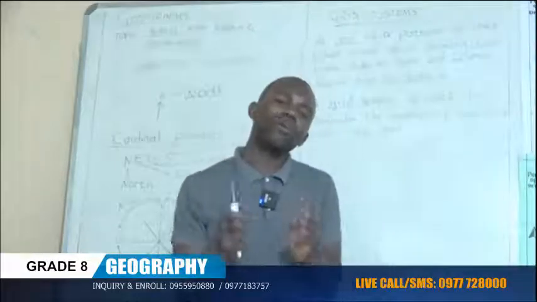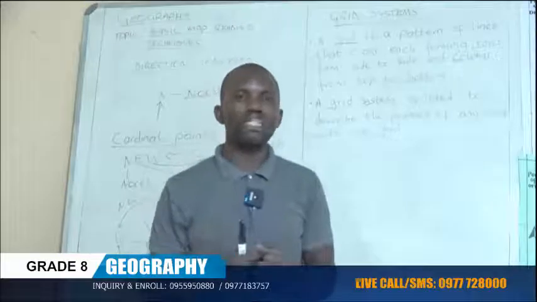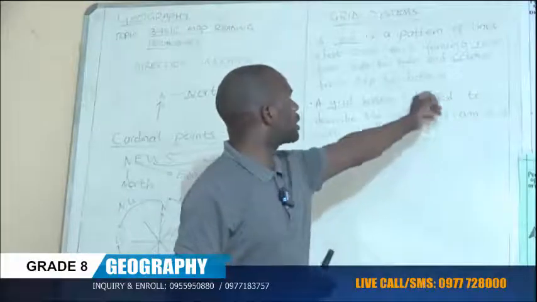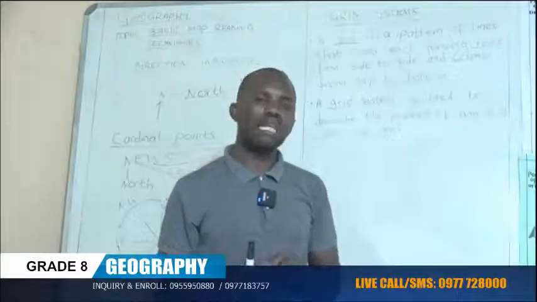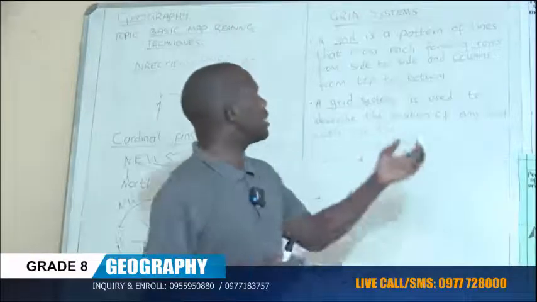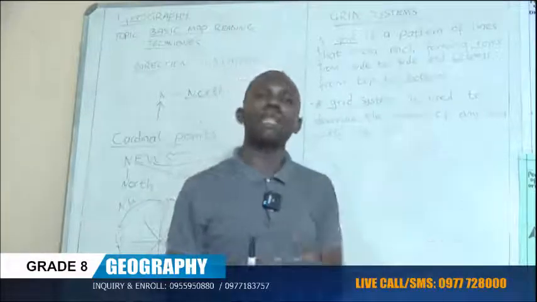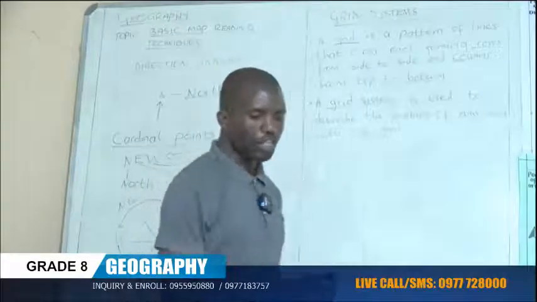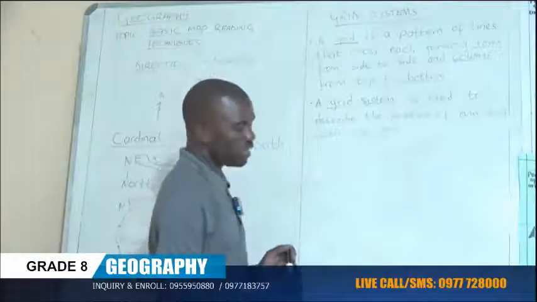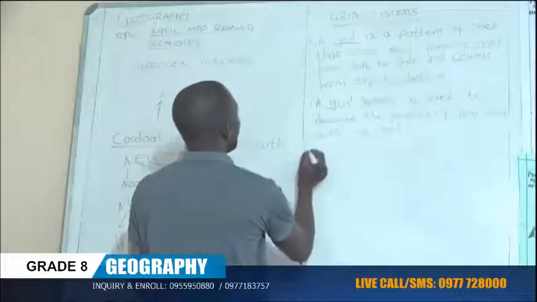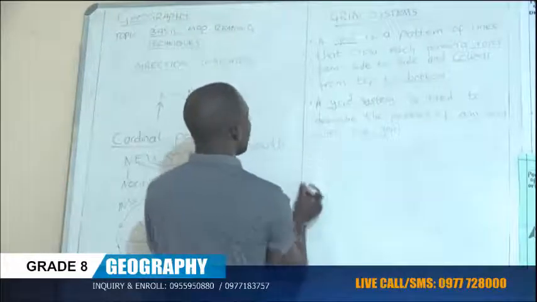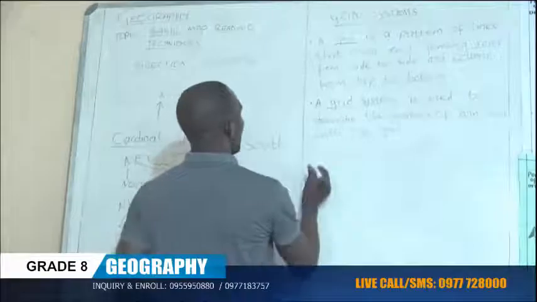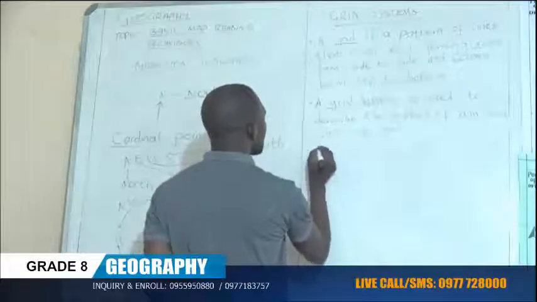So now, what do we call these beginning points that we use in the so-called grid systems? These places or points where the grid systems begin from are known as the points of origin in general. In singular, it is simply known as the point of origin. So I'll write for you, don't worry. So we are going to say it is